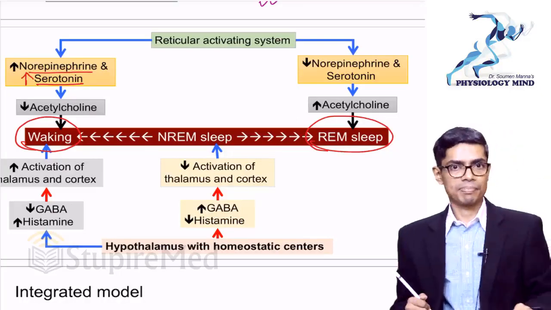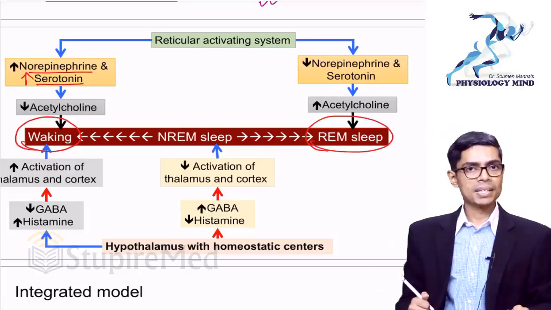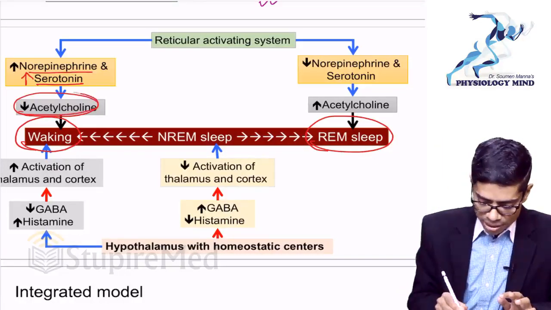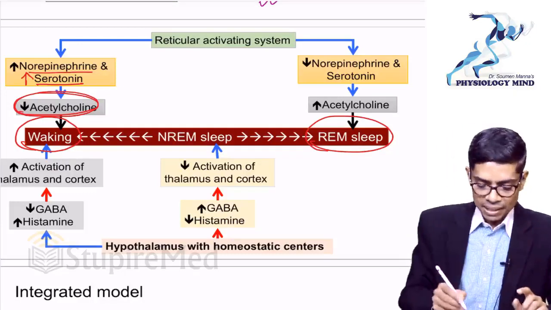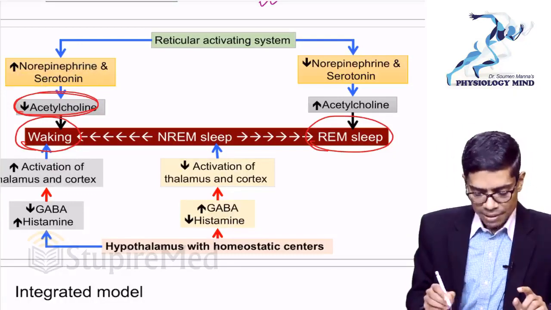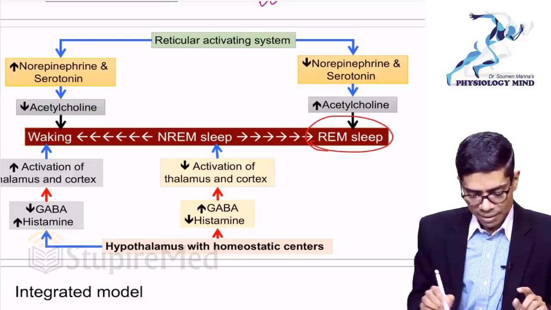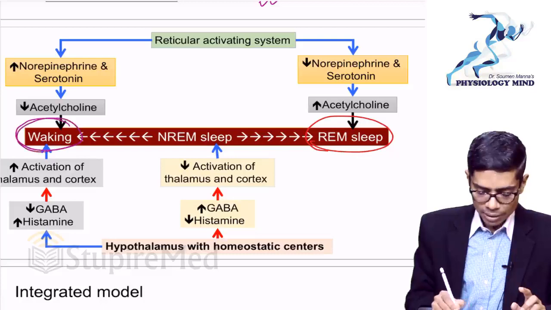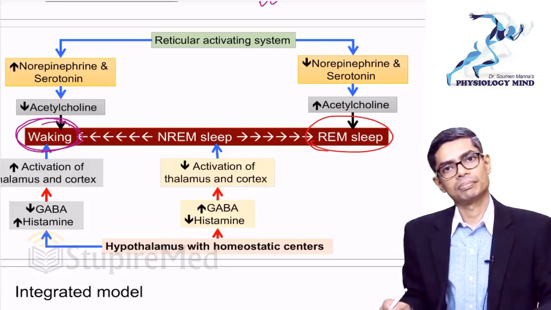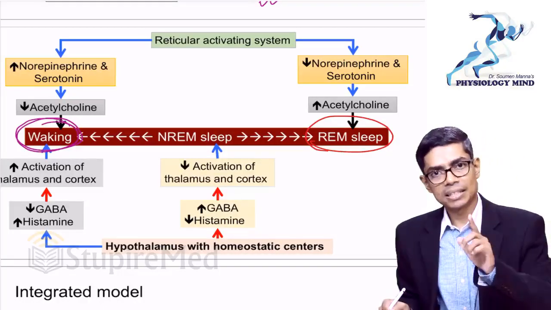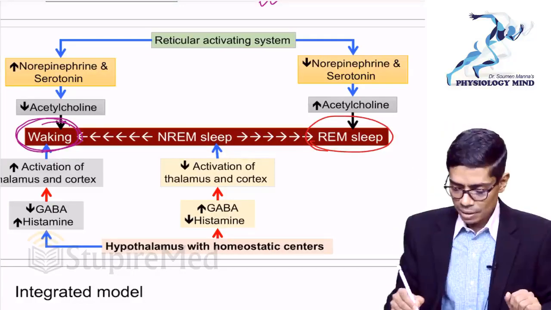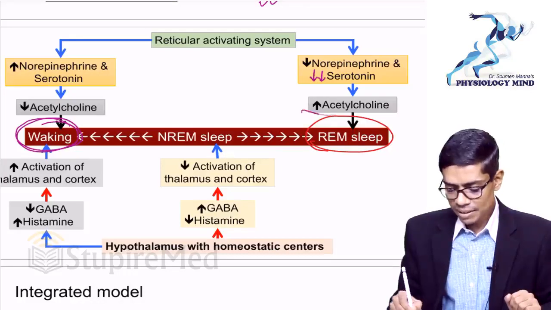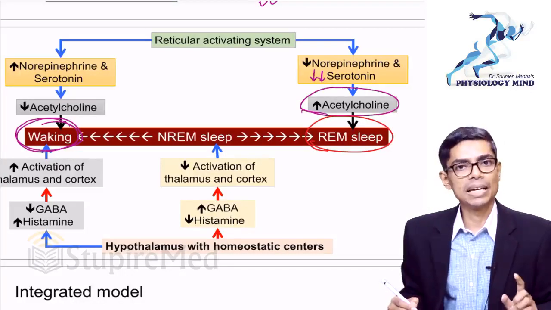Just now we have discussed from two nuclei. Simultaneously, the acetylcholine must be low. So please remember, if your norepinephrine and serotonin are high and your acetylcholine is low, then you will remain in awake stage. Whenever the neurotransmitter condition is just opposite to this, means norepinephrine is less, serotonin is also less, but acetylcholine is very high, the person will enter into the